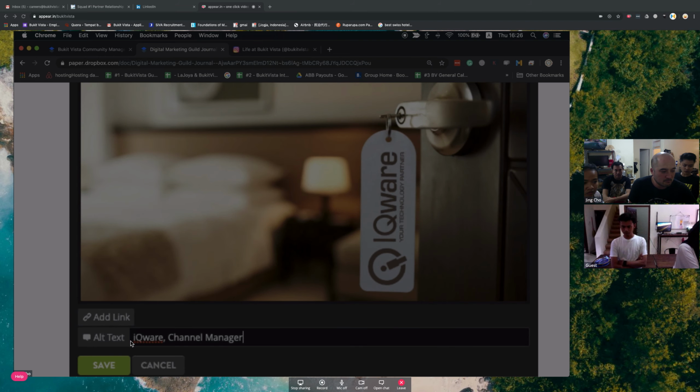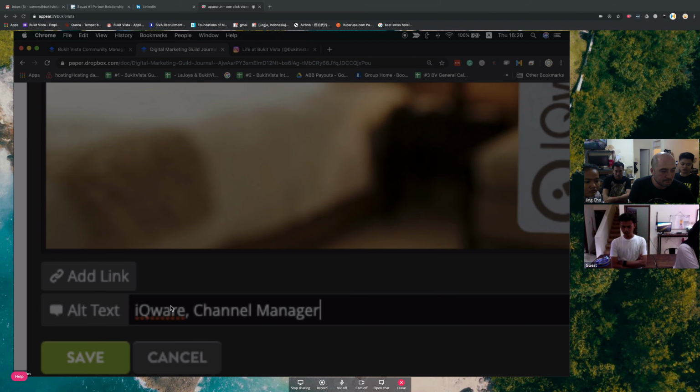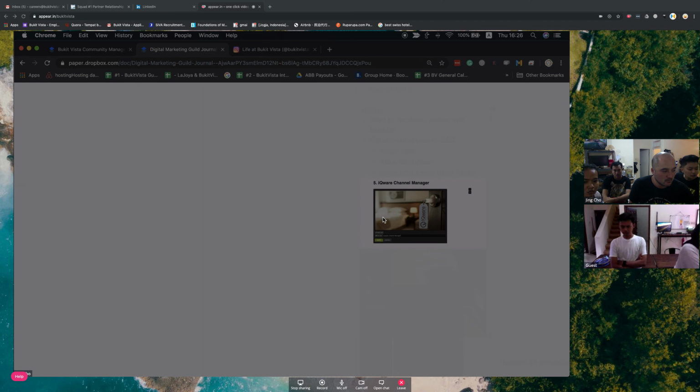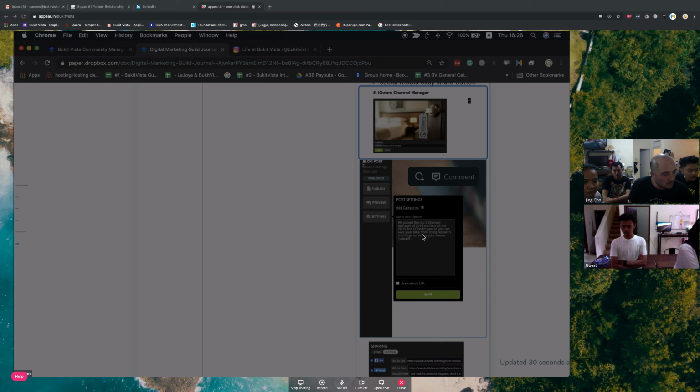First, you can add keywords to the image using alt text. In this case, you can use the channel manager name itself and the words channel manager. That is the first point. The second thing you can do is the meta description.